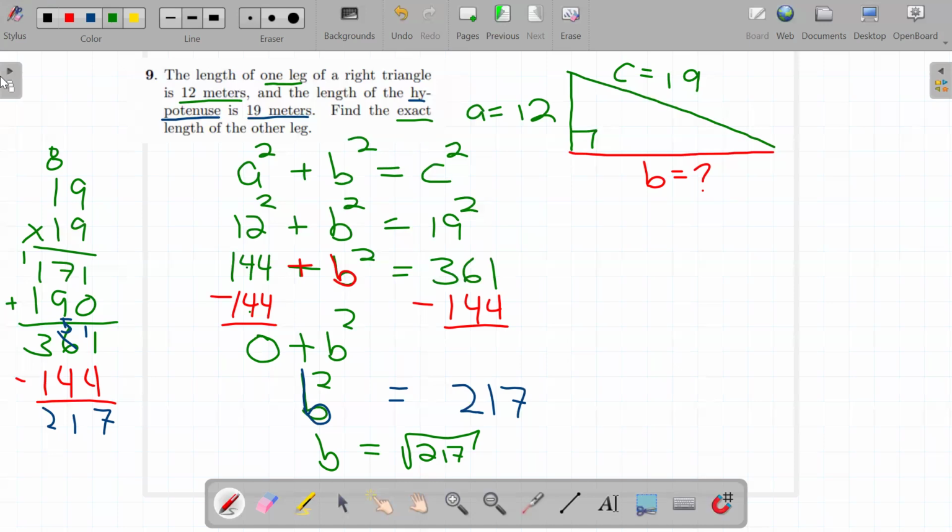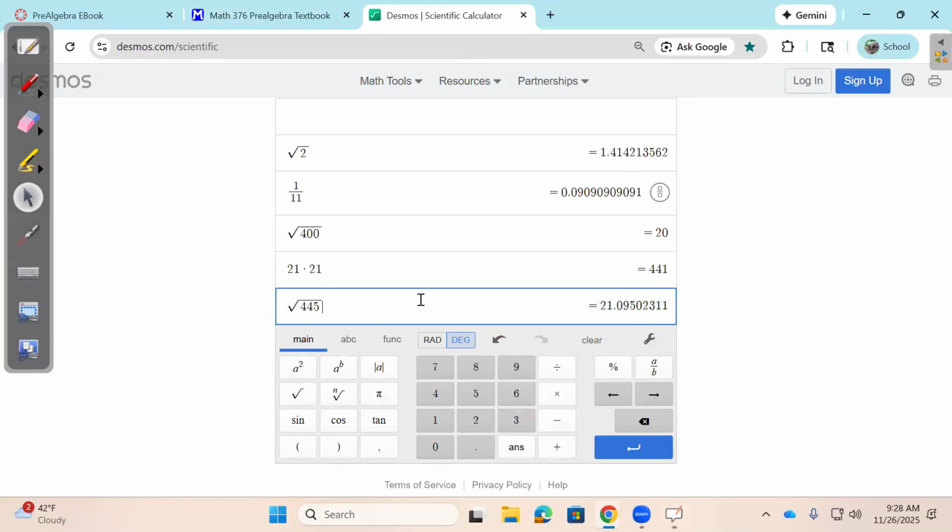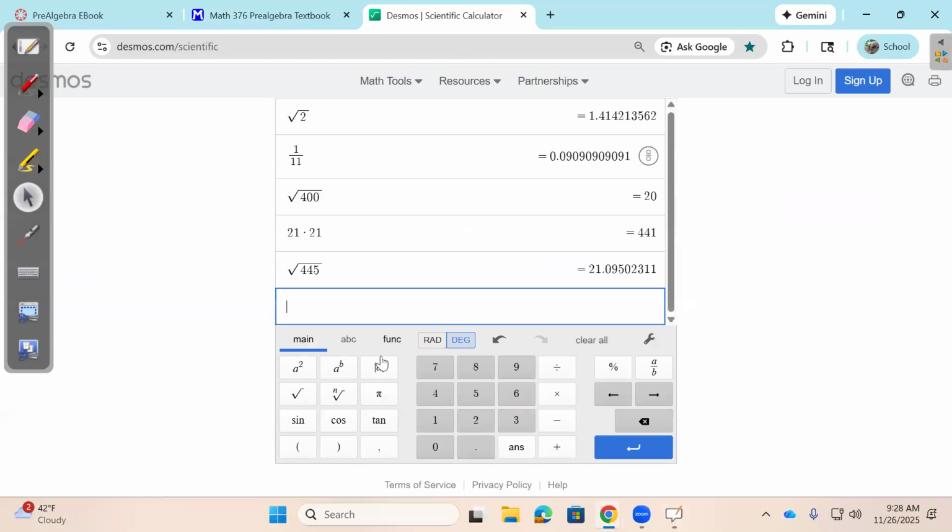So then I go to my calculator and check: am I done or not? Desmos, what do you think? Square root of 217. And again, I am pretty much reliant on my calculator for this. All right, so the calculator says